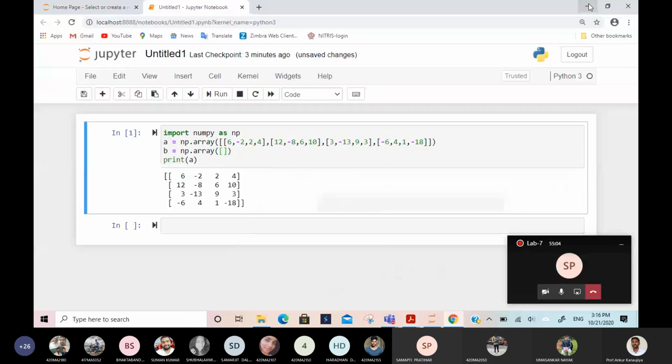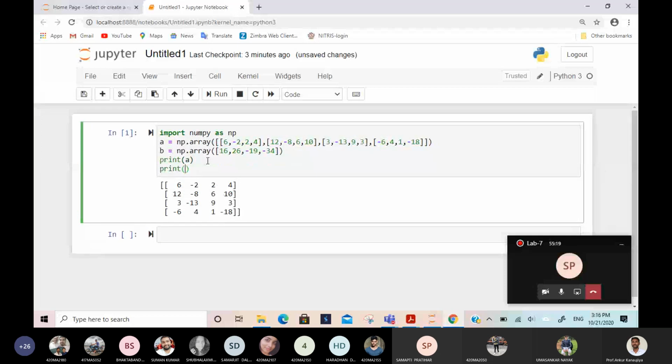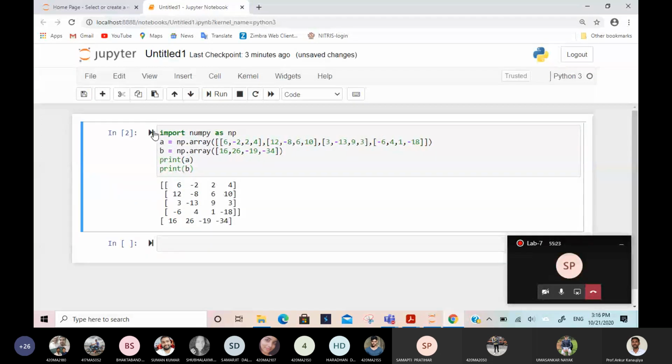So I will write here 16 comma 26 minus 19 minus 34. I can print B also. Matrix A and B are done. 16, 26, minus 19, minus 34. This is the matrix B and this is the matrix A. Is that clear?